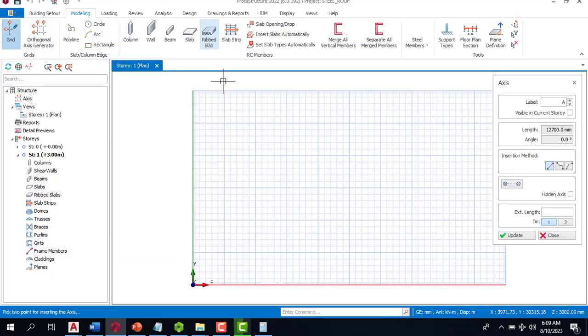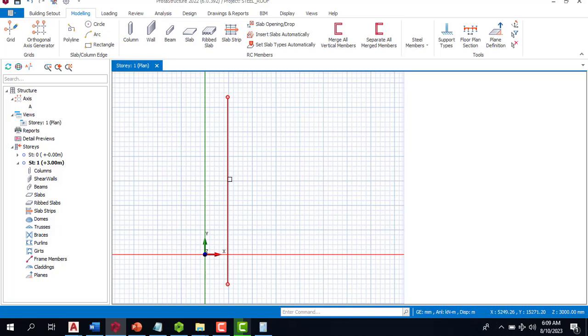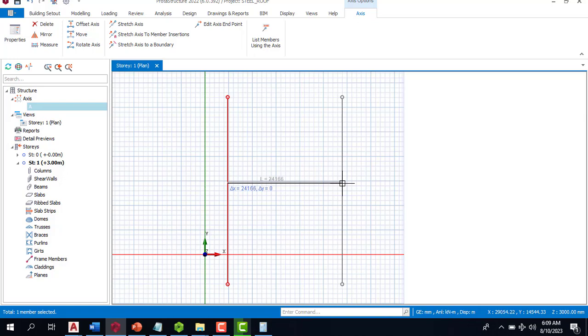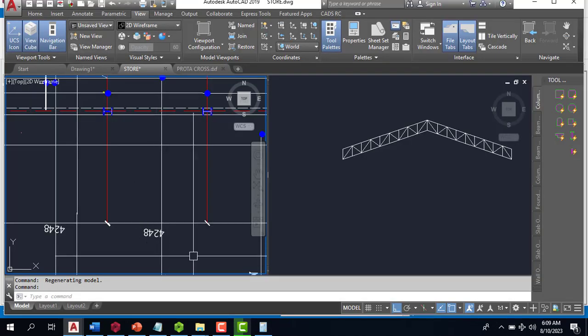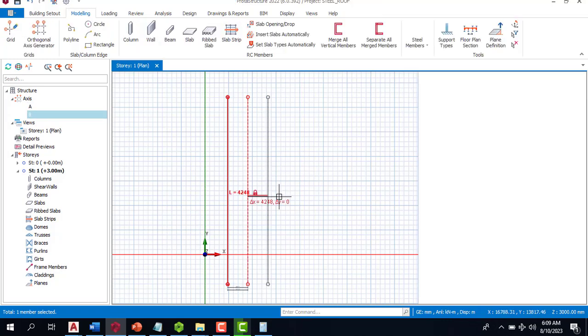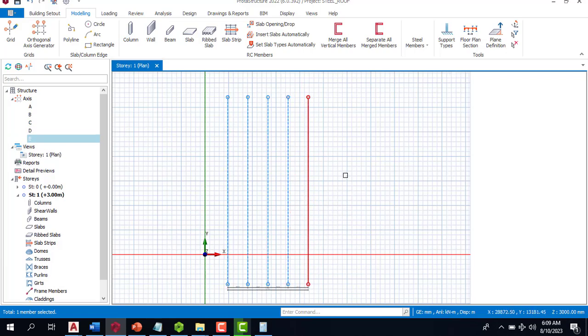I'll use this. I'll hold on Control to have a straight line. I'll right click on it, and I'll offset. So I'm going to reconfirm the width of this, 4248. Sorry, F2, 4248. Enter, and then since this is what I have,